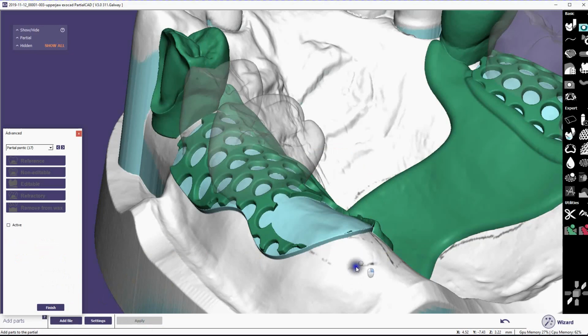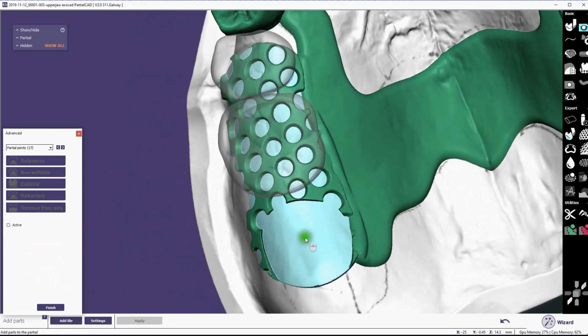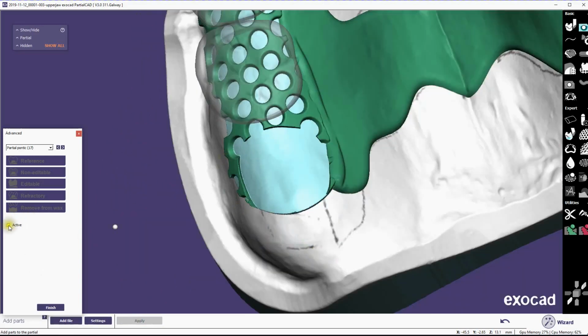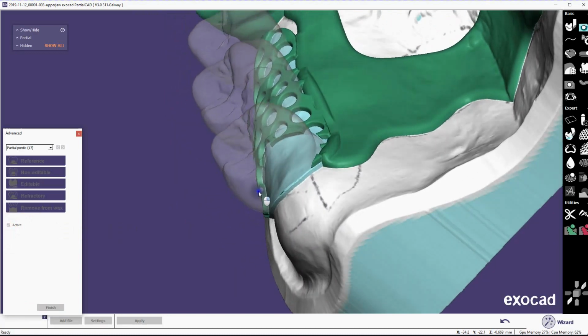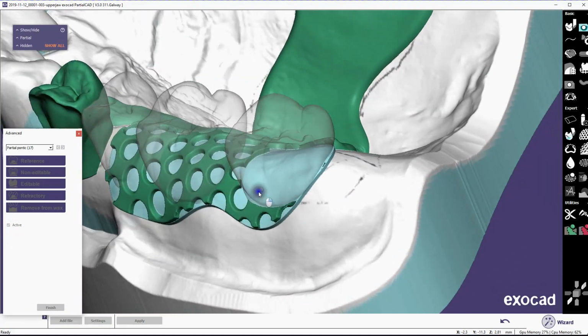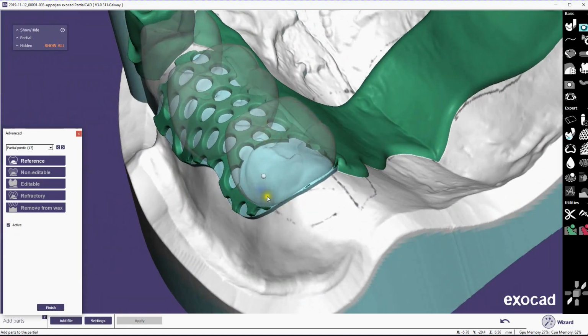Okay, so as expected, you see that it's removed all of the wax that it was intersecting with, and if we turn this back on, you can also see that it added extra relief around what it removed. Okay, so now this particular use, you probably never would do this, remove the tooth from the mesh, but there's another